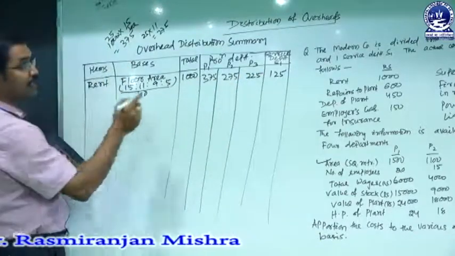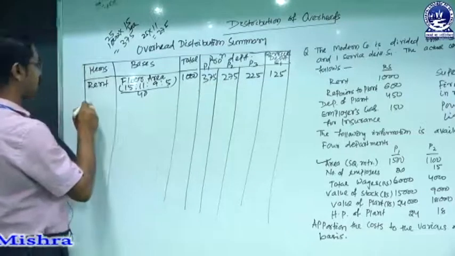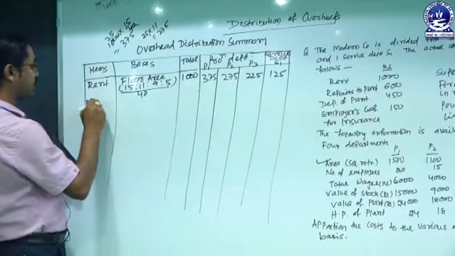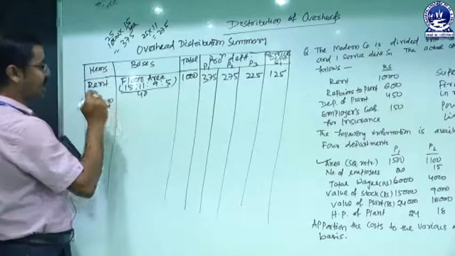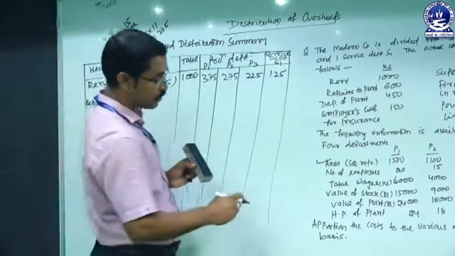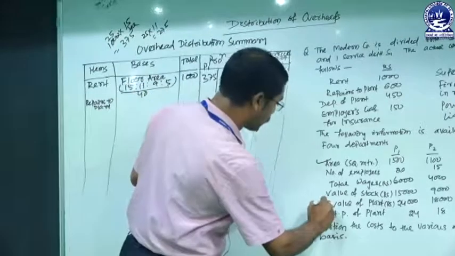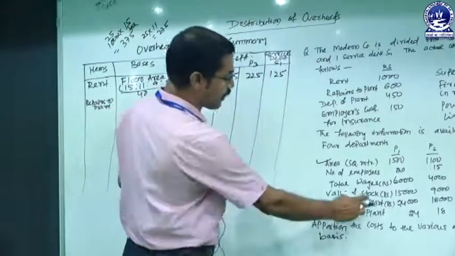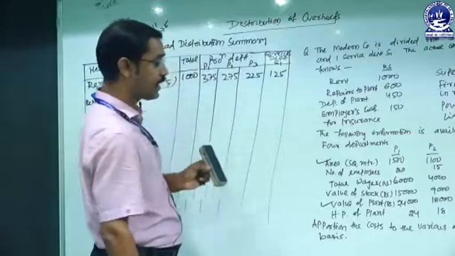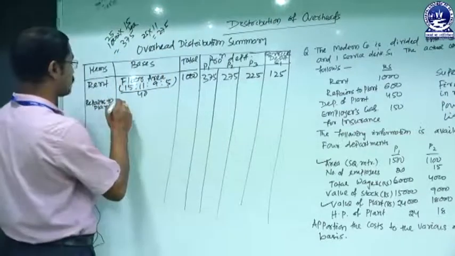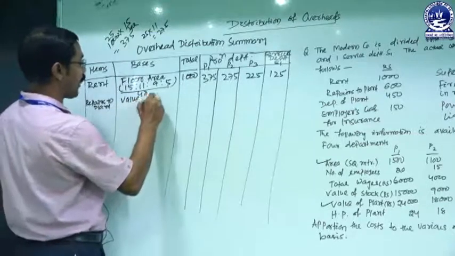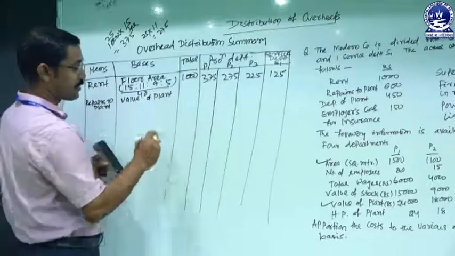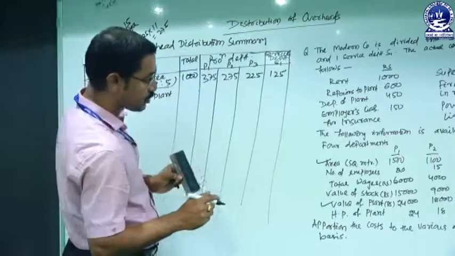Then we will discuss the next item, repairs to plant. This item of expenses will be distributed on the value of the plant. There is one suitable base, that is the value of the plant. On this basis we have to distribute it. Under the basis column we must mention plant value, and the ratio of these is equal to